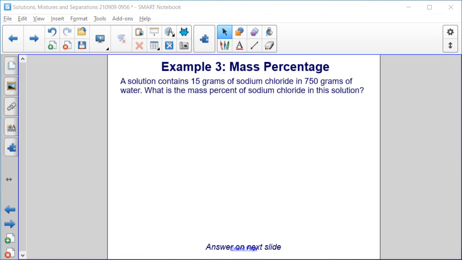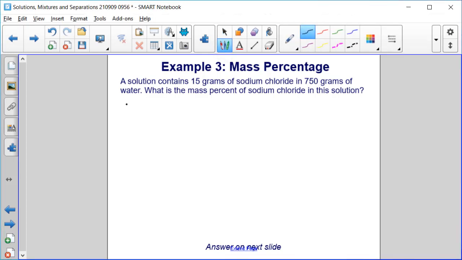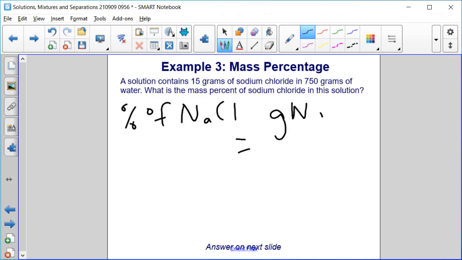Example 3, mass percentage. A solution contains 15 grams of sodium chloride in 750 grams of water. What is the mass percent of sodium chloride in this solution? So remember that percent by mass of whatever we're looking for, which in this case is sodium chloride, would be the grams of sodium chloride over